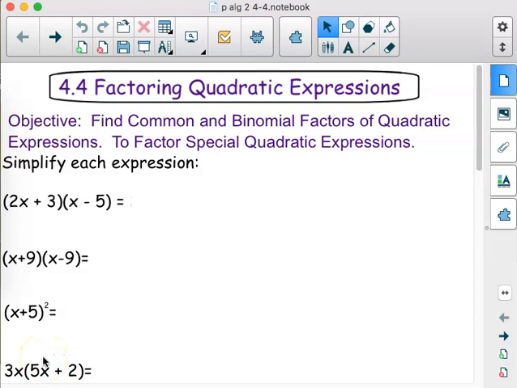4-4 is where we're at today, and yes, we are skipping 4-3. 4-3 had a lot of graphing, pretty in-depth graphing calculator work, so we're going to skip that. We're not testing you on it. We're going on to 4-4, and this is going to be a section that lots of you like because you